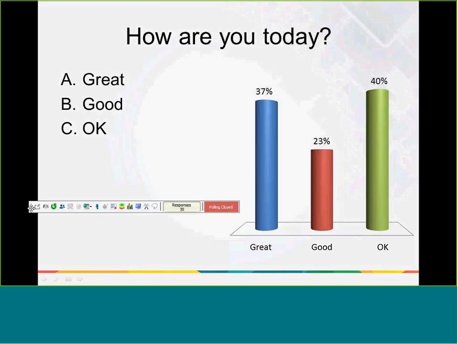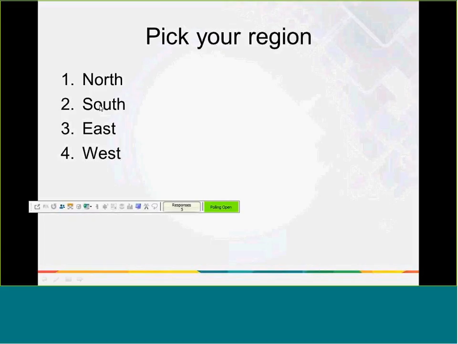So you can imagine with this technology, we can be asking questions based on information they may or may not know, or asking opinion-based questions, or maybe even some high-level questions that we want to get a good gauge on whether or not the audience is understanding the content. So what a great formative assessment tool we have right now. Okay, move on in the presentation.